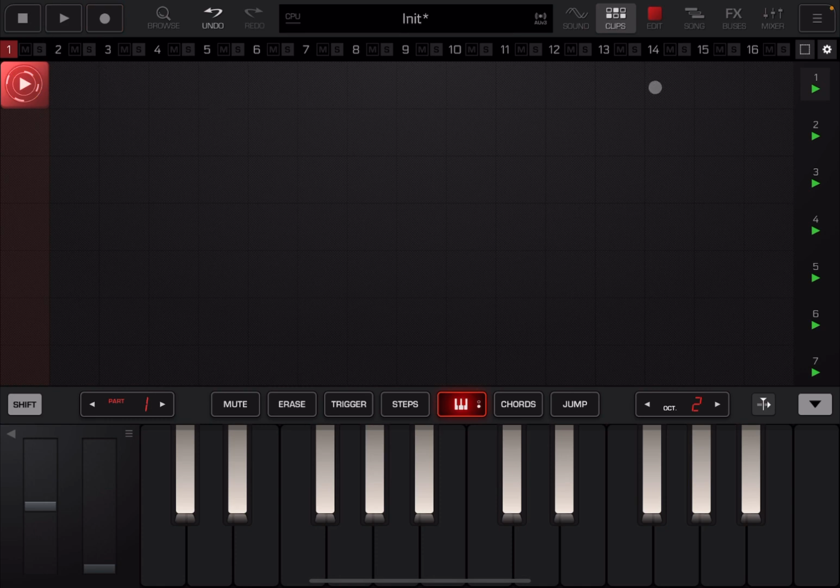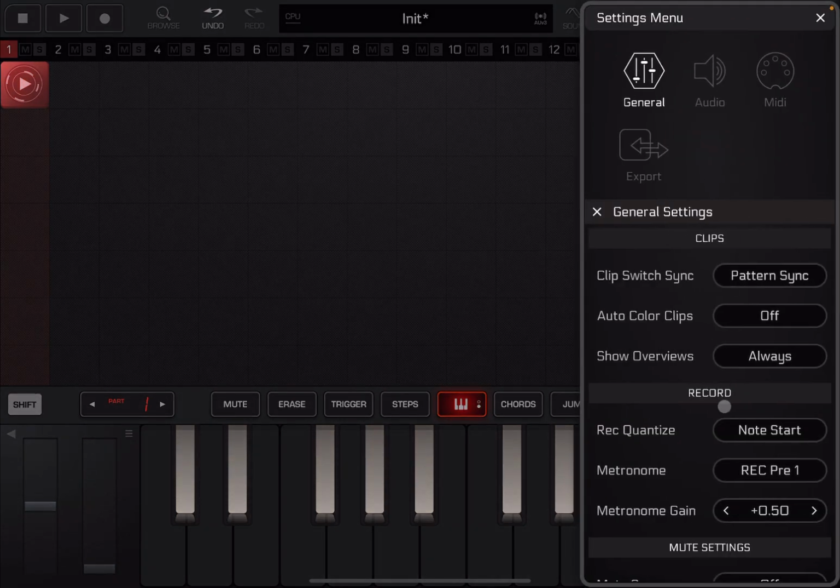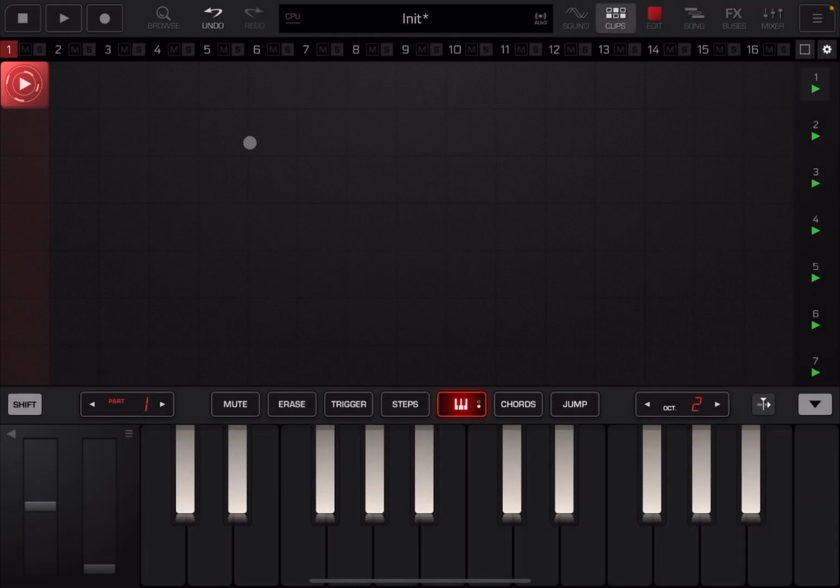So it depends on your taste. I set the gain of that metronome to 0 because I didn't like the sound. But if you want, that is where you can change the gain of the metronome. Okay, but that is up to you. So I thought just to be precise, that is why you couldn't hear the metronome. So hopefully you can see that different way to record,